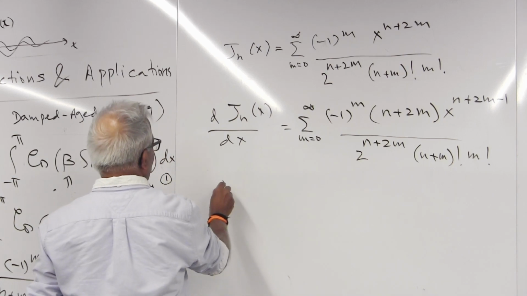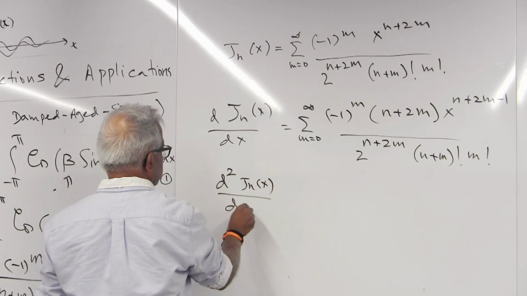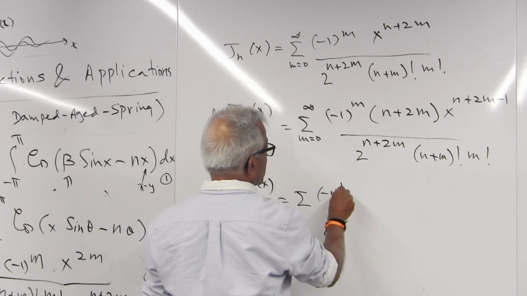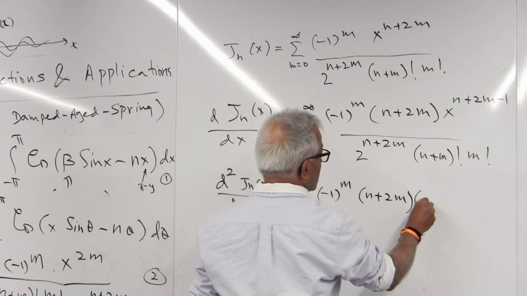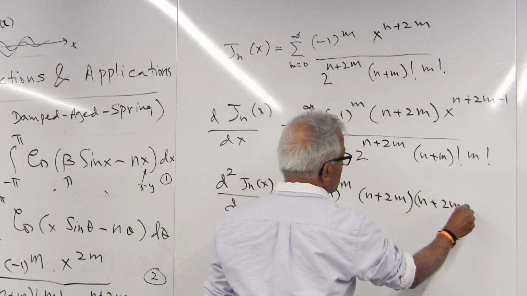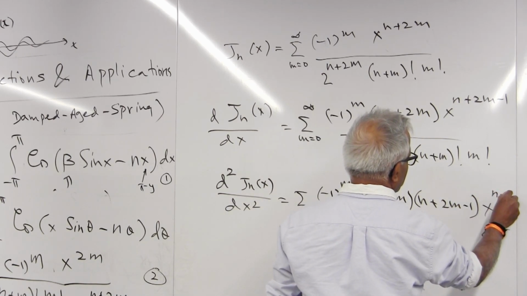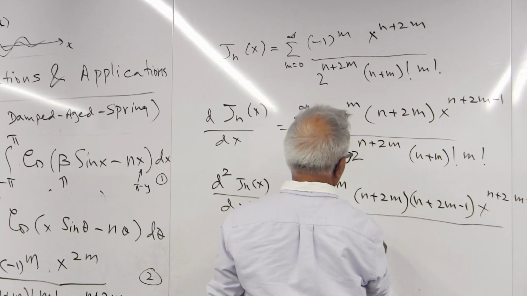If I take the derivative one more time, this becomes minus 1 to the power m, n plus 2m multiplied by n plus 2m minus 1, x to the power n plus 2m minus 2 divided by